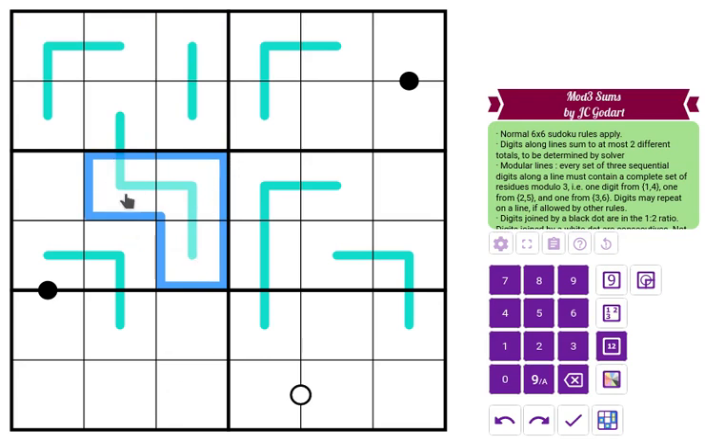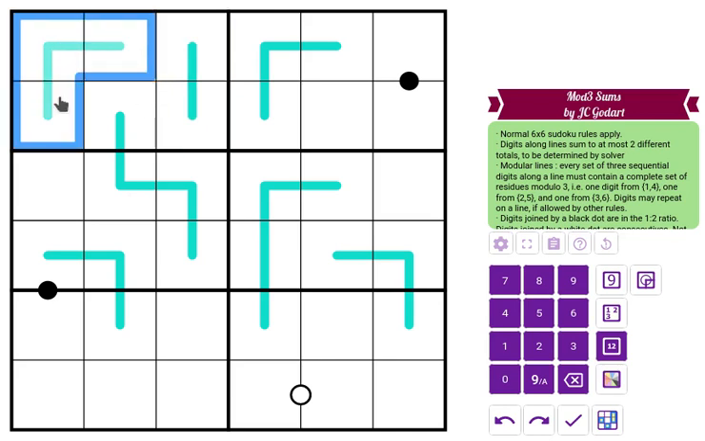In other words, one would have to be from 1 4, the other from 2 5, and the third from 3 6. The other doesn't matter. These two lines, these two cells, well, can't include all 3 of course, but must have different residue sets. And